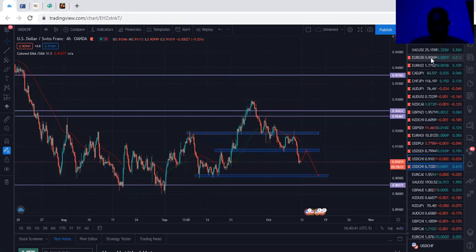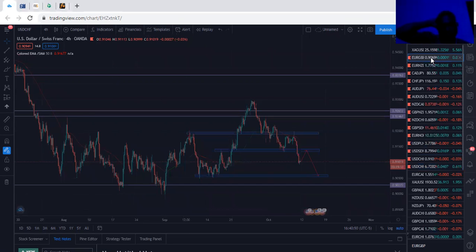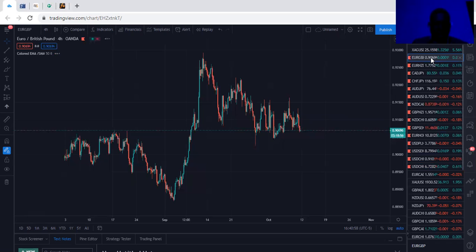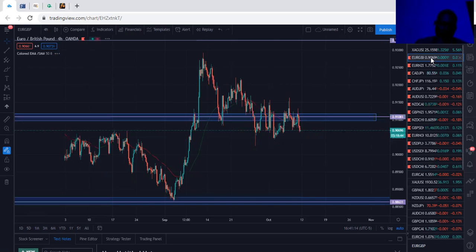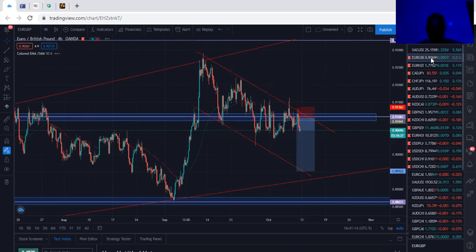All right, so first of all, we're going to Euro GBP, the Euro Pound. Currently, the fundamental that is affecting the market is the Brexit, British exit. I don't know if I pronounced that well, but it's pronounced that way somehow. So it's what is affecting the market right now. The Brexit, the European Union and British coming to an agreement. So probably the British may end up in a no deal, which I think will be bad for the pound, which will make the pound drop in its value.